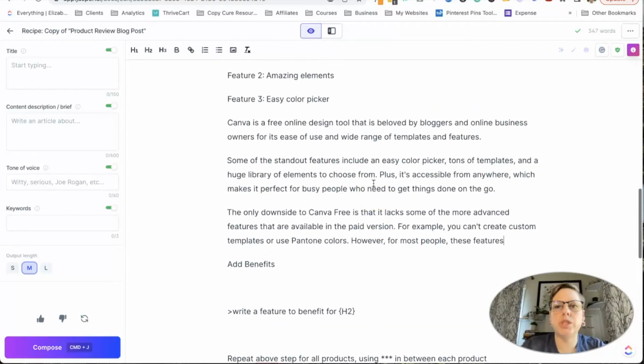And Jasper is doing its best to write based on what it thinks you want. So it is not a fact checker, and you will need to do that. Particularly, it'll spit out things that aren't necessarily true. It doesn't spit out plagiarized content that I found. I do always recommend running any AI generated copy through a plagiarism checker, and I'll show you how to do that. But generally speaking, some of this just isn't true.